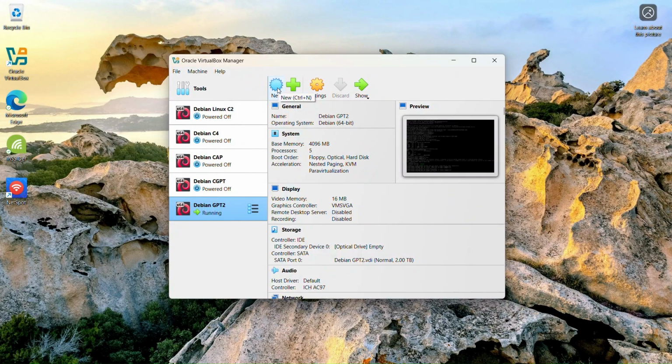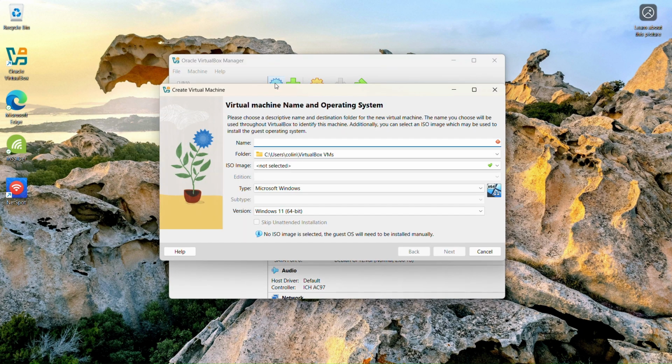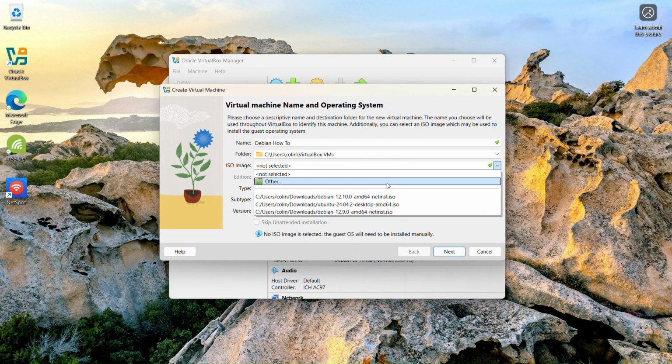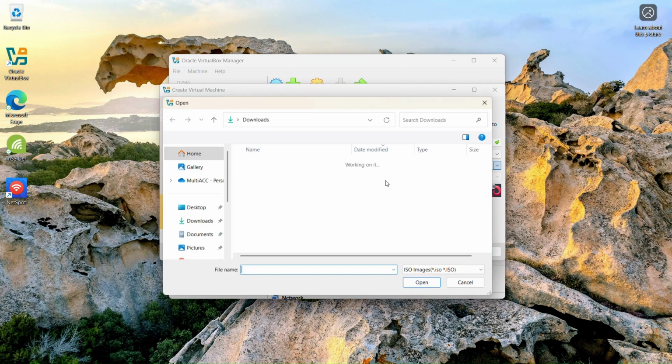to show you how to set up your Debian 12 on the VirtualBox. So the first thing we're going to do is click New here, and you're going to enter a name. For this one, I'll put Debian How To. Then you are going to look up the ISO image, and for this one, you'll go to Other, and then